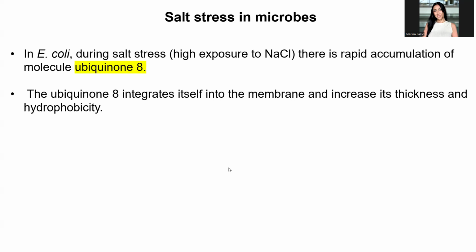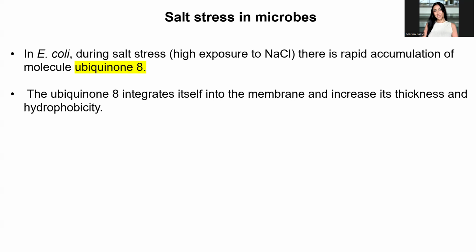One of the common adaptations... so what does salt tolerant microbe mean? A microbe that lives with a high level of salts, something that has a lot of osmotic compounds dissolved, like a lot of sodium chloride, for example. And you can see that in E. coli. When you expose E. coli to an extremely high level of sodium chloride,